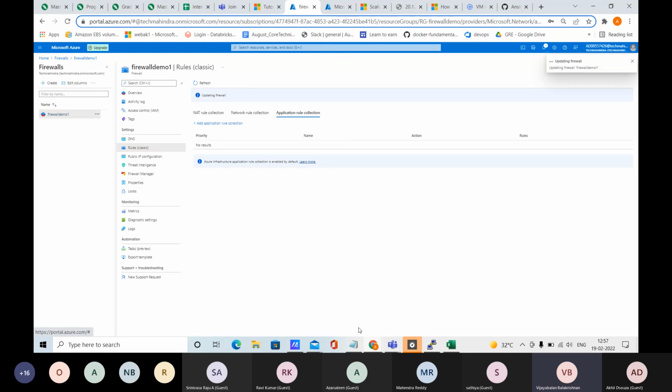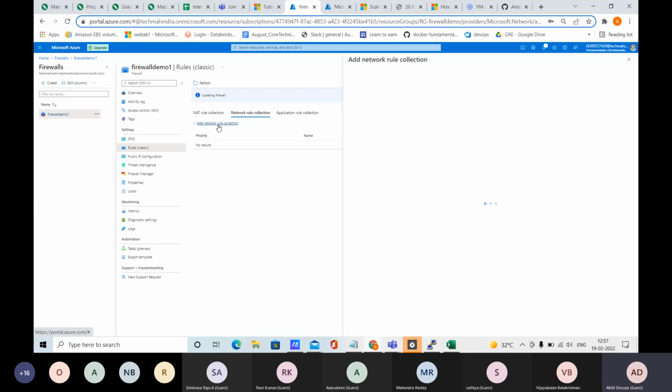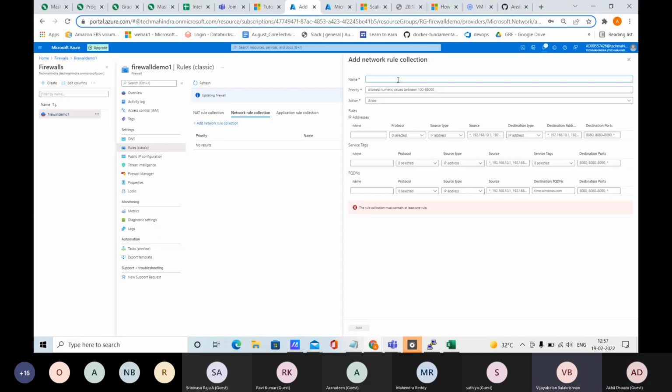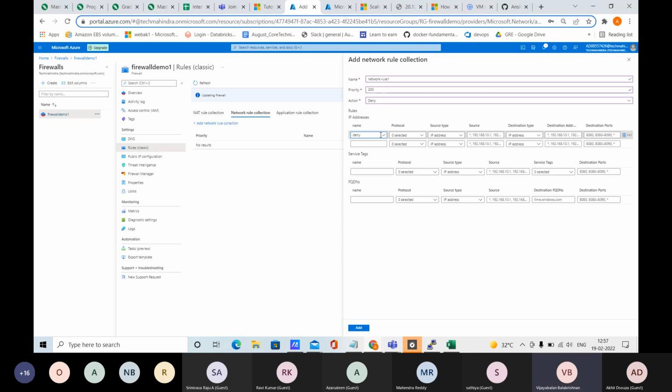Okay. Now go back to network rule collection and create one more sample rule. Say the same VM thing. Allow or deny, just to get experience, and give some name, select some protocol, select HTTP or the protocol is TCP.